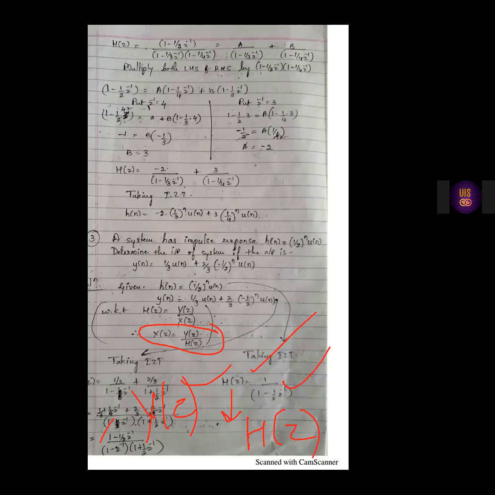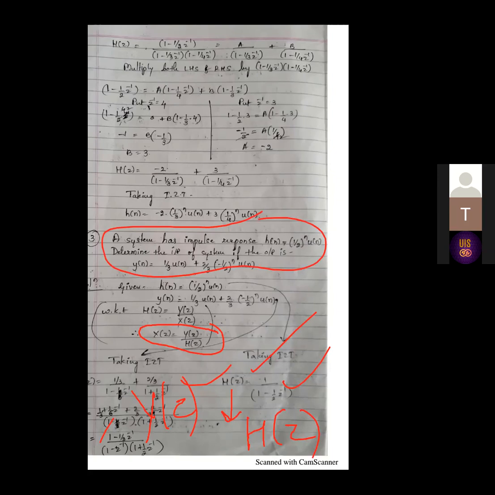Fine. So I hope the two problems are clear to you. The third problem is a little bit modified, wherein you have to find the input sequence rather than the impulse response. The first two problems were to find H of n. The third problem is about finding the input X of n. So a little modification in the H of Z equation is required here. I hope the third problem half I have done. I have calculated Y of Z and H of Z. I hope you will try finding X of Z first, taking the ratio of Y by H.